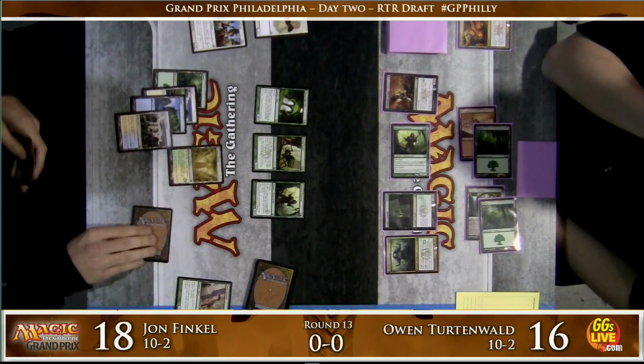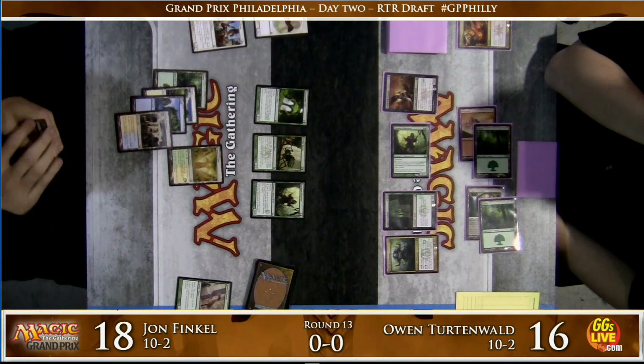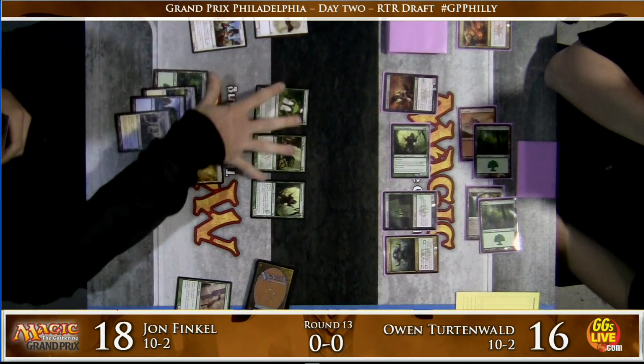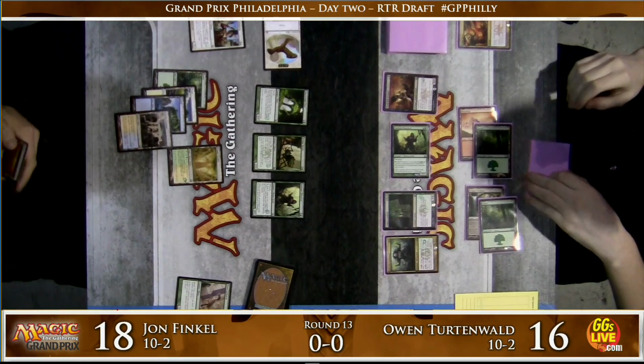That one, again, not so powerful with Intimidate, but the 5/4 body is good against Jon Finkel's entire team. He'd have to trade off multiple of his guys in order to trade with the Golgari Longlegs. That's right. Now Jon attacks in with his